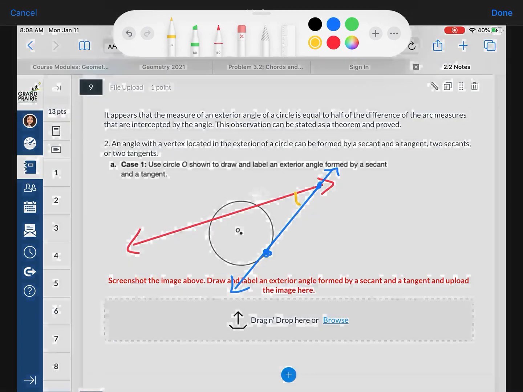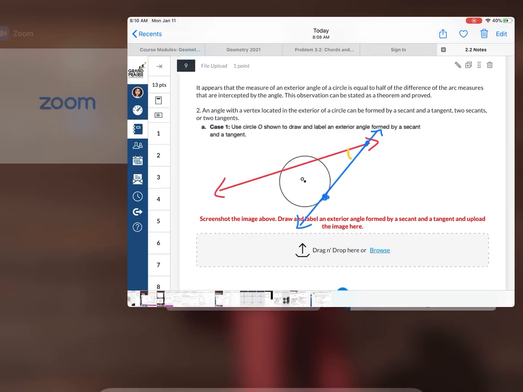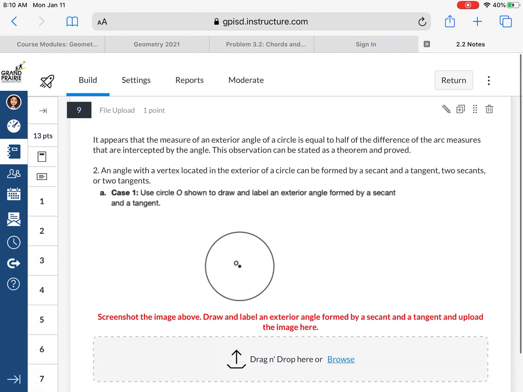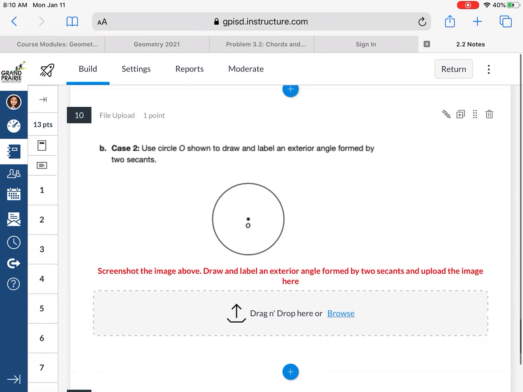So go ahead and upload that picture. All right, number 10, if we can get there. Okay, case 2, we have another situation where we can have an